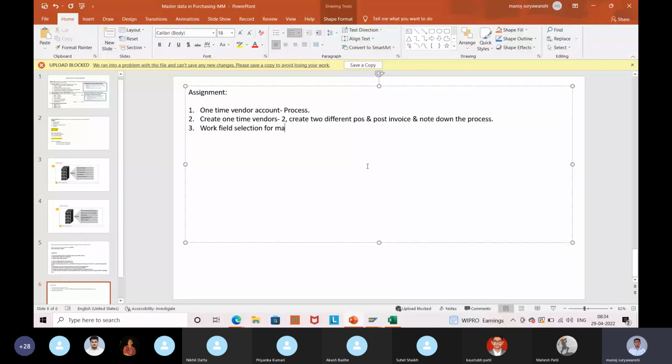Then you need to work on field selection, material master, change field selection for at least 2 fields in material master. मटेरियल मास्टर में से कोई भी 2 फील्ड्स उठा लो, उनका फील्ड सिलेक्शन चेंज करना है एंड उसको टेस्ट करना है. कॉन्फ़िगरेशन में जाके फील्ड सिलेक्शन को चेंज करो